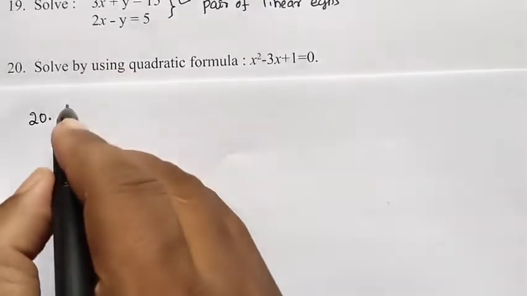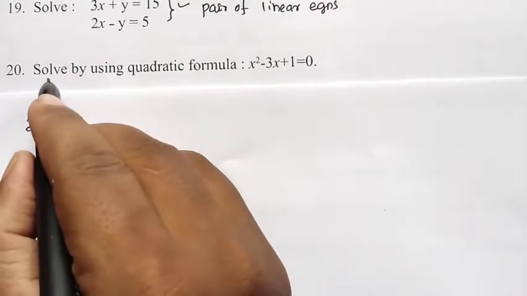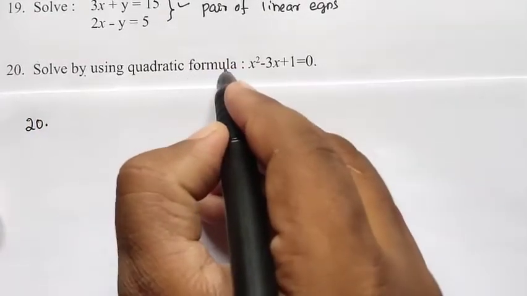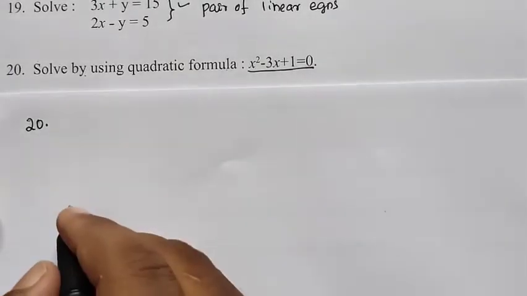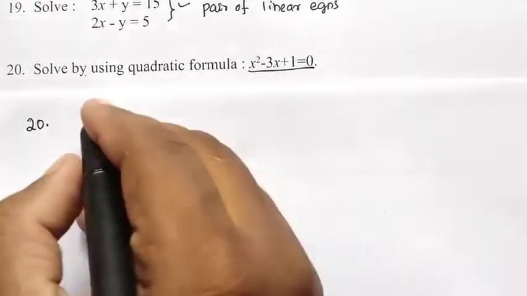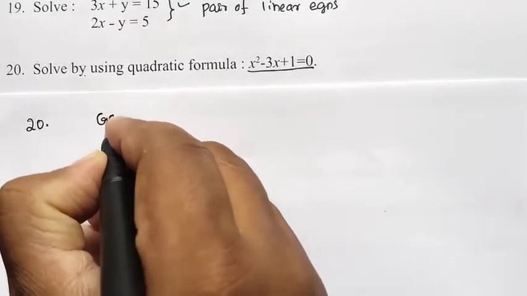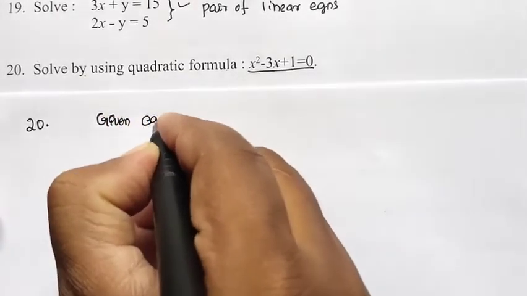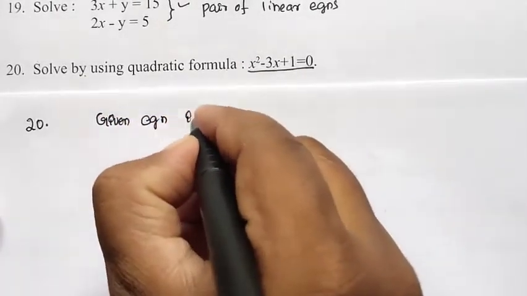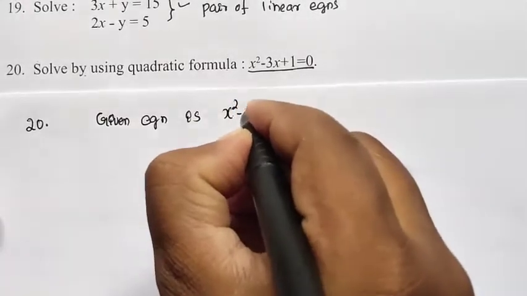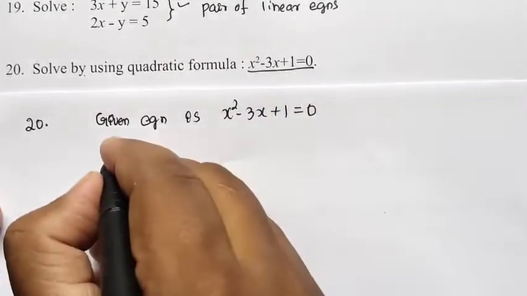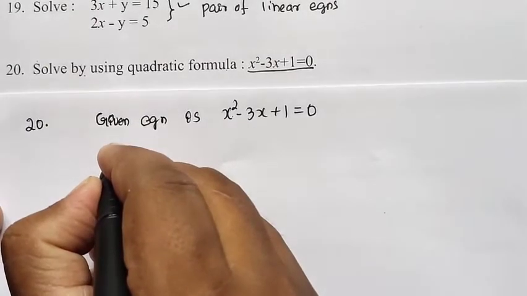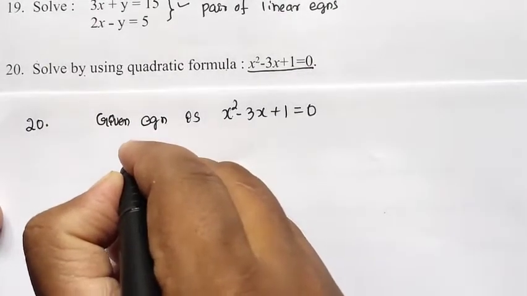तो अभी हम देखते हैं 20th क्वेश्चन, जो बोला गया है कि सॉल्व बाय यूजिंग क्वाड्रेटिक फार्मूला x स्क्वायर माइनस 3x प्लस 1 इज इक्वल टू 0। तो यह गिवन इक्वेशन है, तो गिवन इक्वेशन आप लिख लो एक बार। सो गिवन इक्वेशन इज x स्क्वायर माइनस 3x प्लस 1 इज इक्वल टू 0।